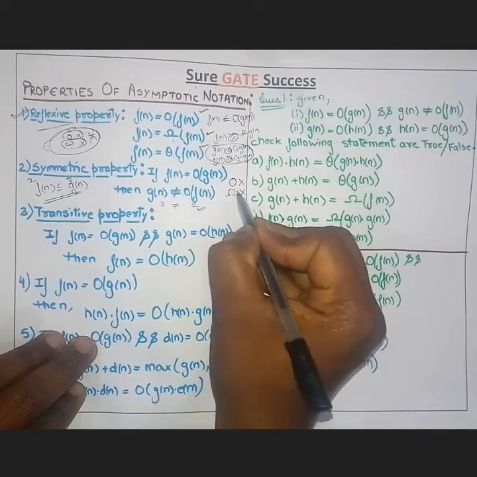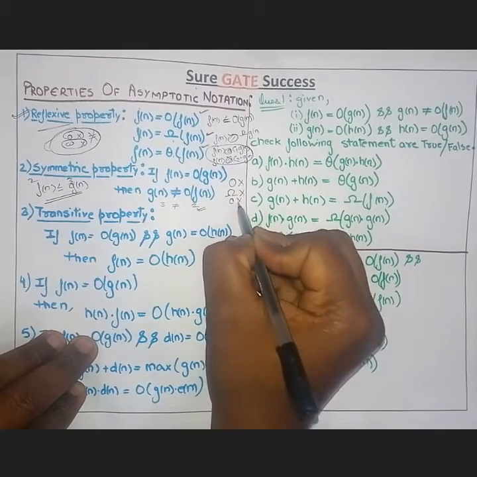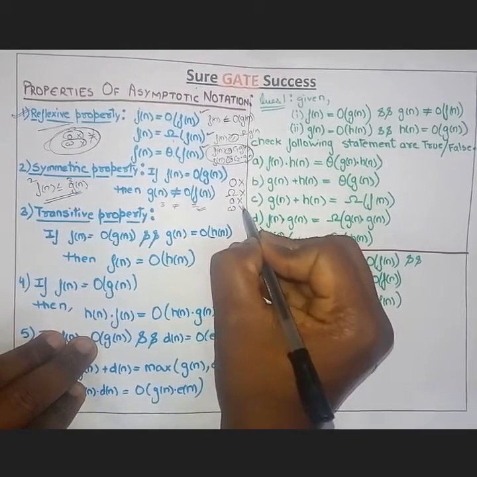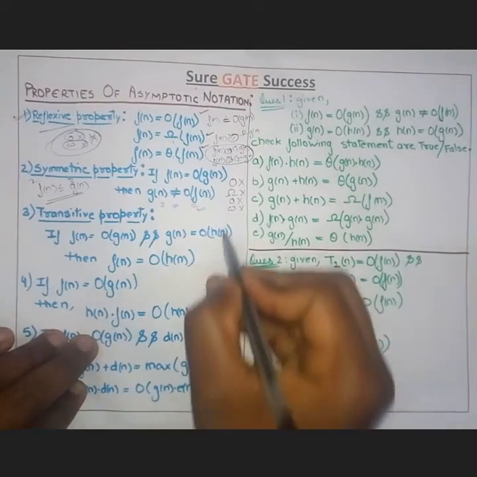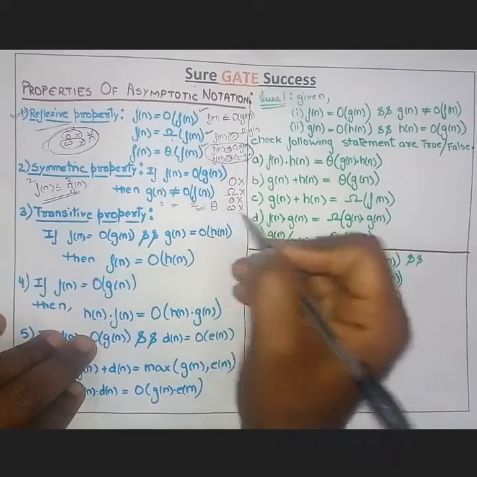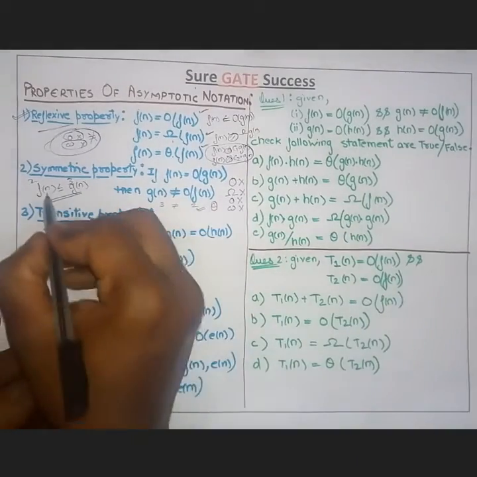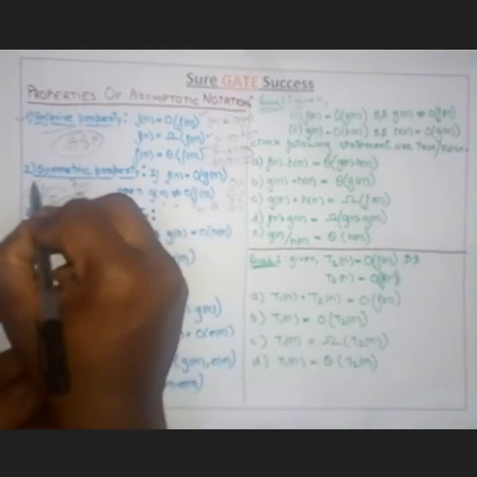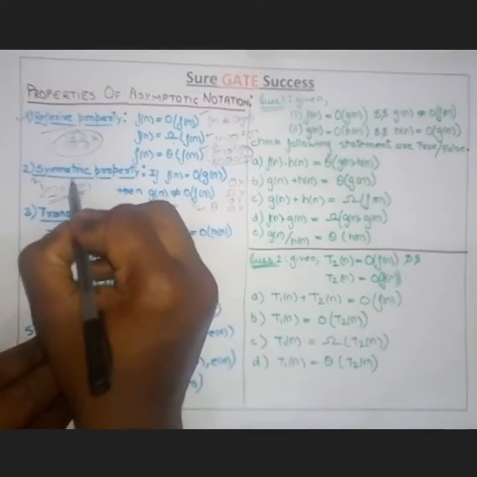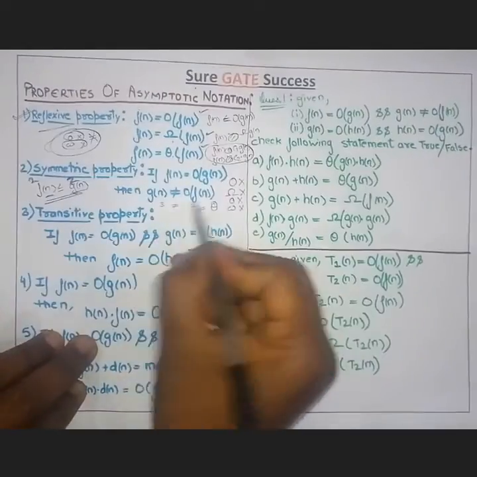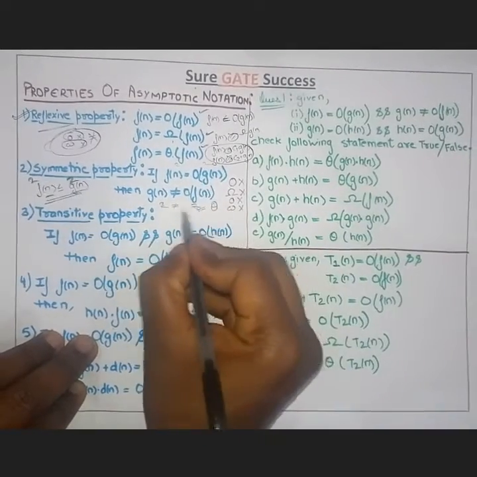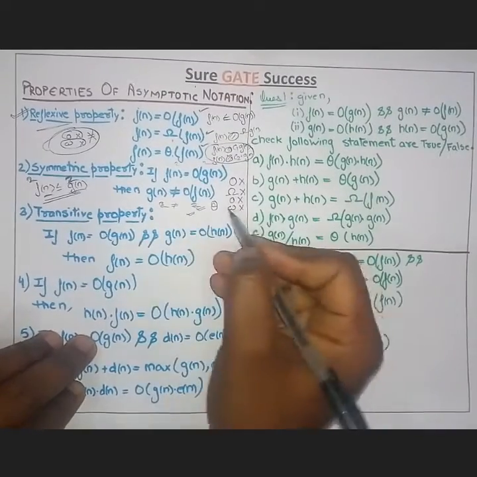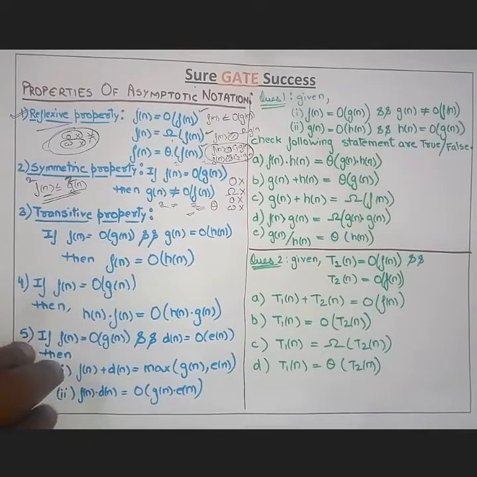So in the symmetric property, big O will not be satisfied, big omega will also not be satisfied, small o will not be satisfied, small omega will not be satisfied. The only one which satisfies this equation is theta. Because if f of n and g of n are equal, let f of n be 2 and g of n also 2, then there is no problem, because 2 is equal to 2 and here also 2 is equal to 2, so this condition will be right. But for theta only.